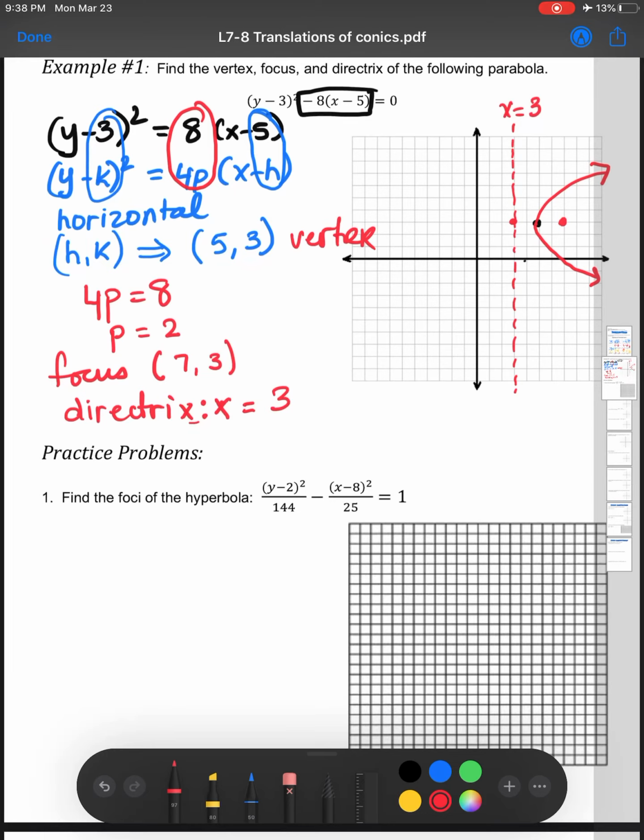You start with the vertex, and based off the vertex you do the next step. I would highly recommend you pause the video, see if you can do the second question, and then you can watch it. So let's get started. Okay, I hope you spent a little time on graphing it,